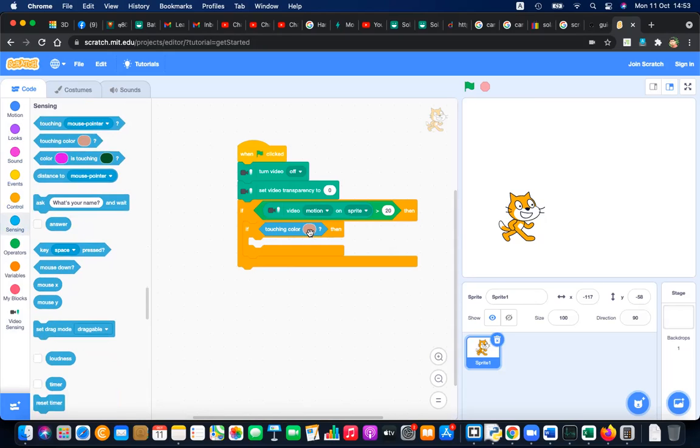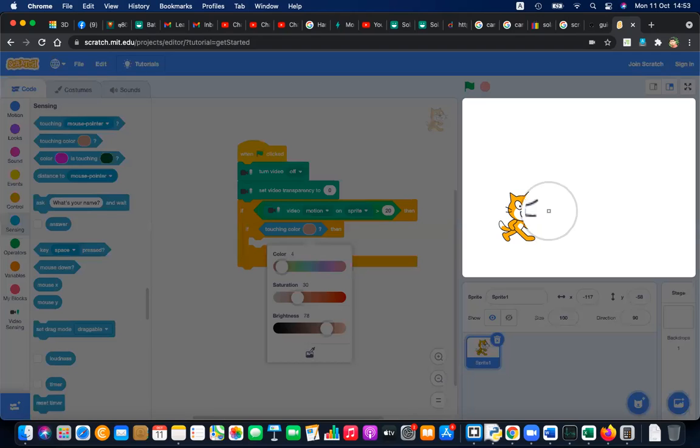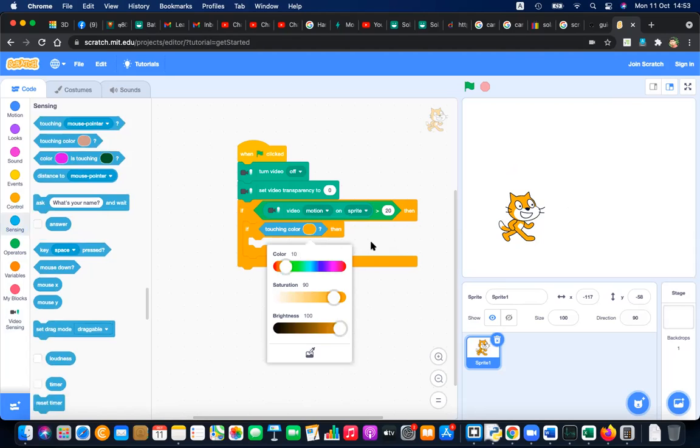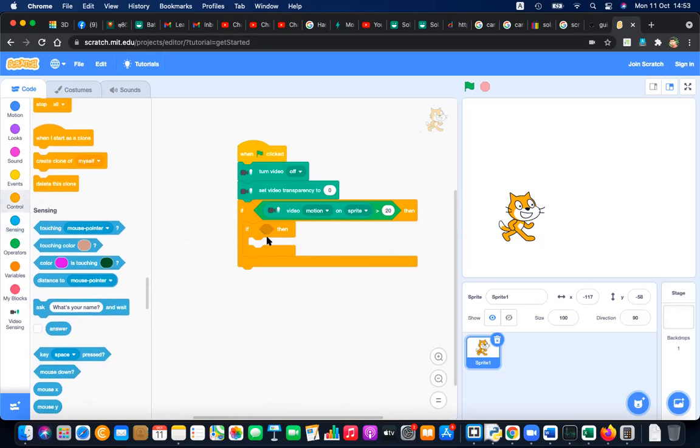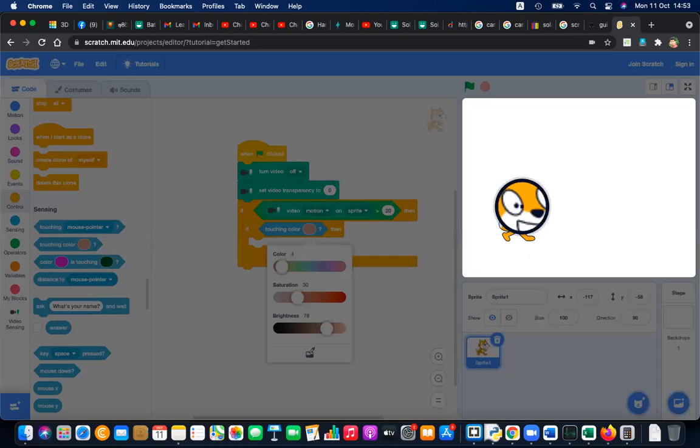So let's say I'm going to pick the color of the cat. Touching color orange, or you can say touching the cat. Let's use the color one. If touching the yellow color of the cat,